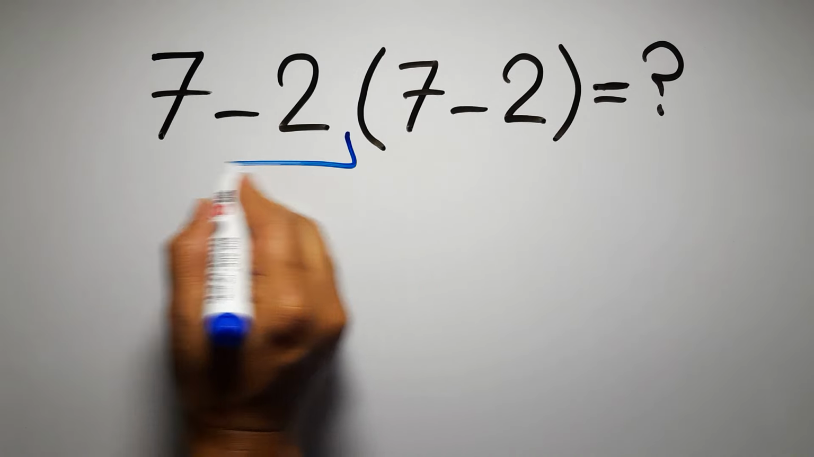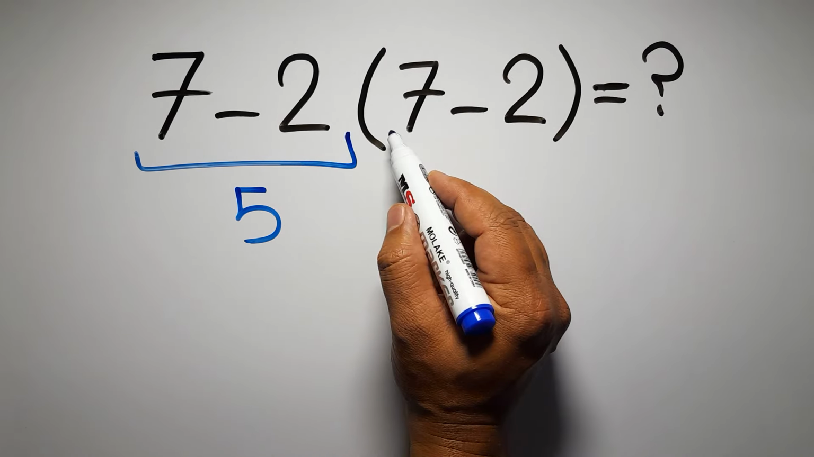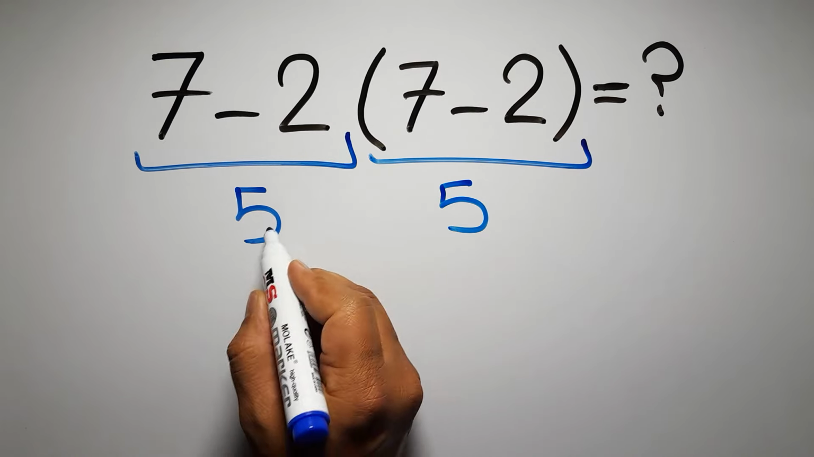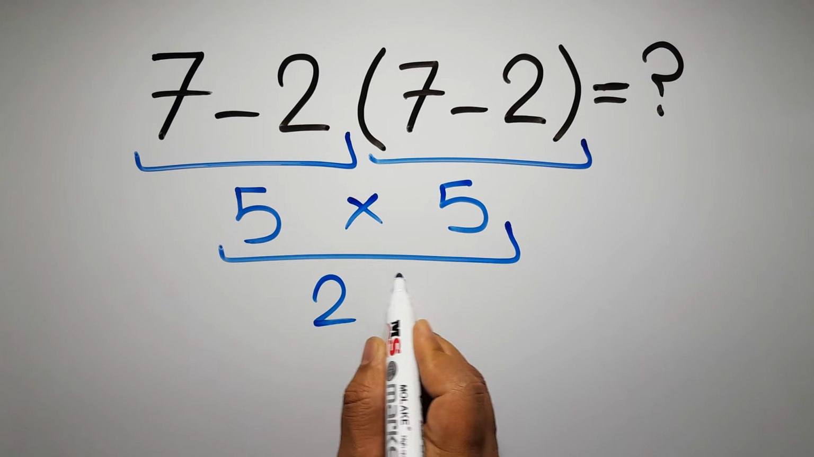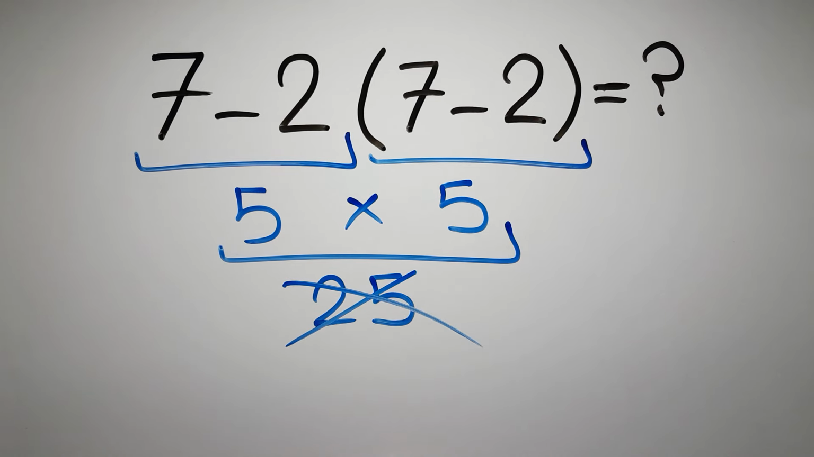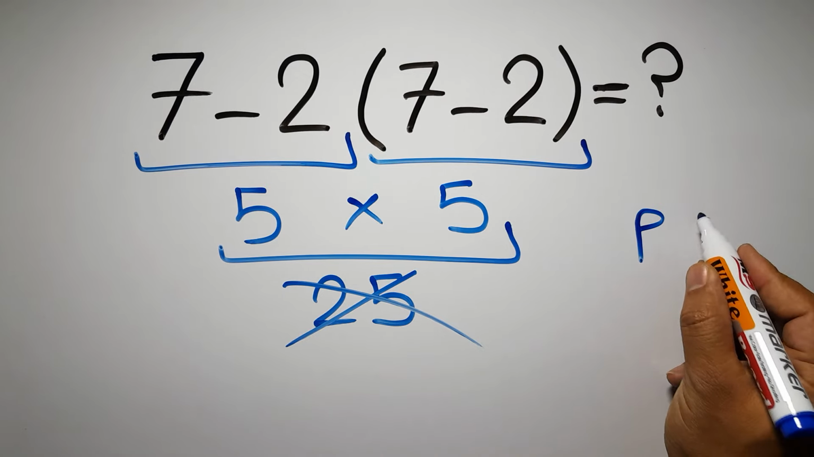7 minus 2 gives us 5. And again here inside this parenthesis we have 7 minus 2. So 5 times 5, which equals 25. But this answer is not correct, because according to the order of operations, first we have to do parentheses, then